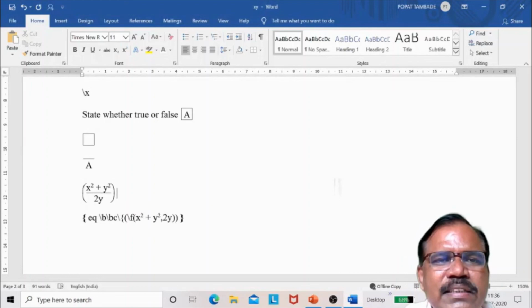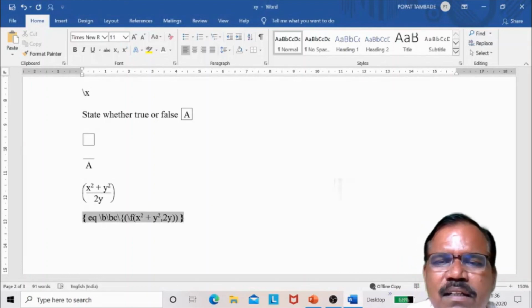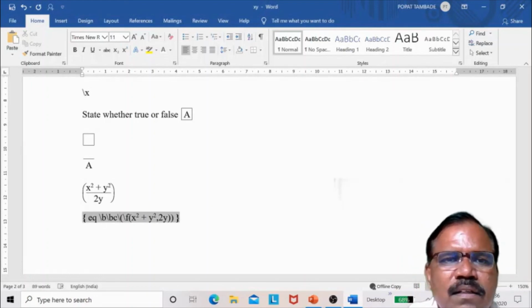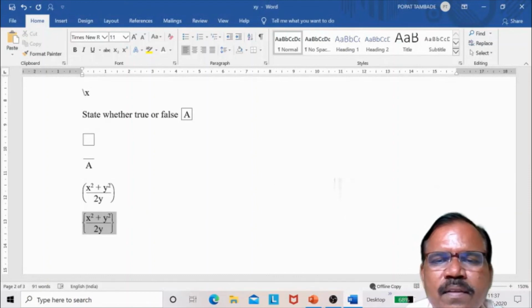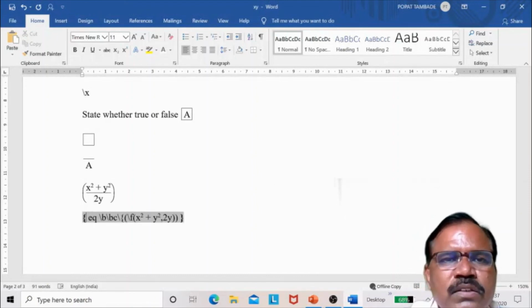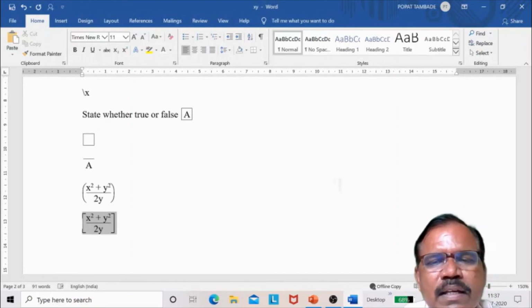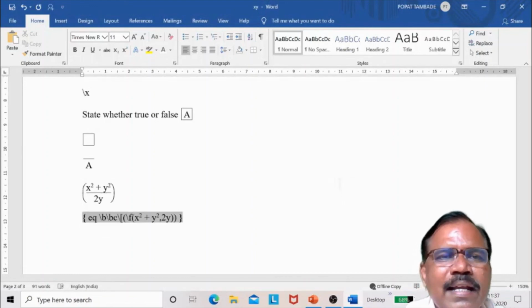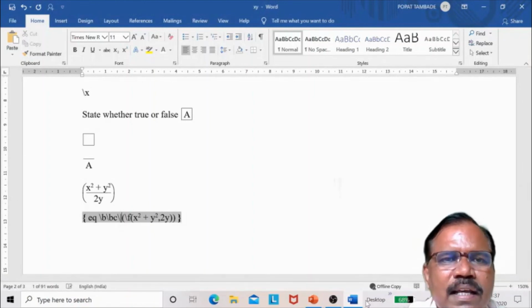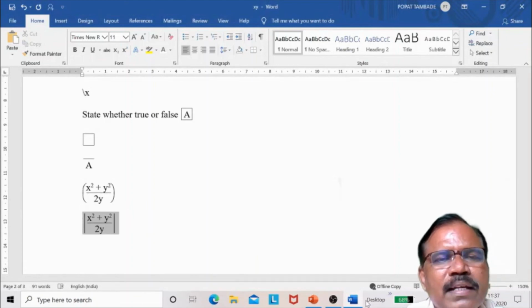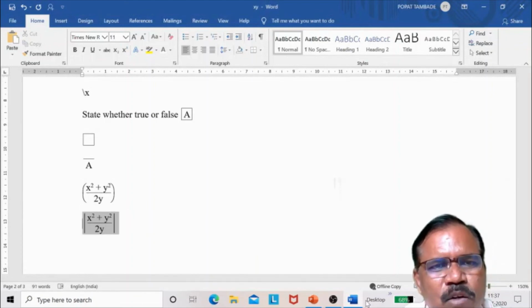So I can change here its bracket type also. So I can take square bracket. So this is in square bracket. In place of square bracket, I can take vertical line. So shift F9, it is vertical modulus.